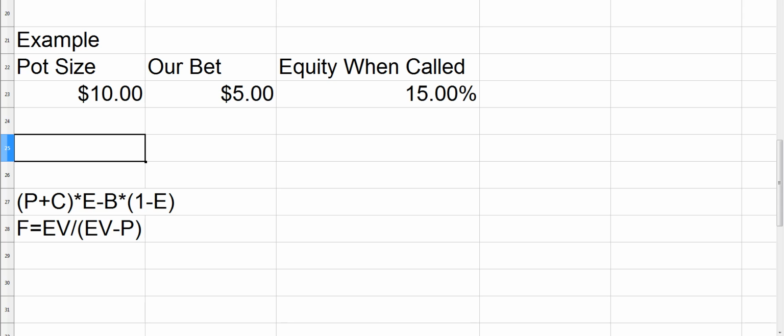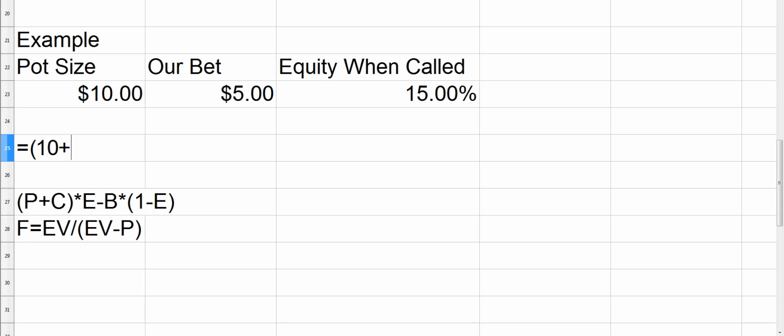So we've got a pretty simple example here. Our pot size is $10, our bet is $5, and we have 15% equity when we are called. So all we have to do is figure out our EV when called and then plug that into the equation. So our EV when called will be the pot, which is $10, plus the call, which will be, in this